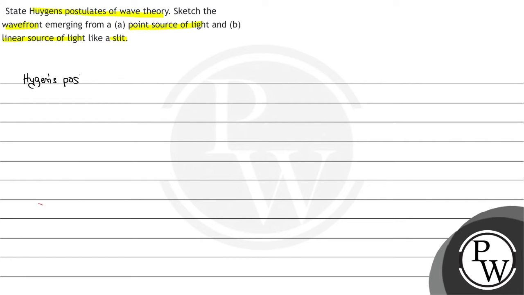हाइगन्स पोस्टुलेट्स। हाइगन्स का पहला पोस्टुलेट था कि लाइट ट्रेवल्स इन द फॉर्म ऑफ वेव फ्रंट। वेव फ्रंट के फॉर्म में ट्रेवल करता है और एनर्जी वो ट्रेवल करता है इन द फॉर्म ऑफ वेव।